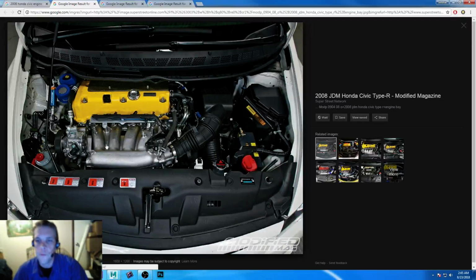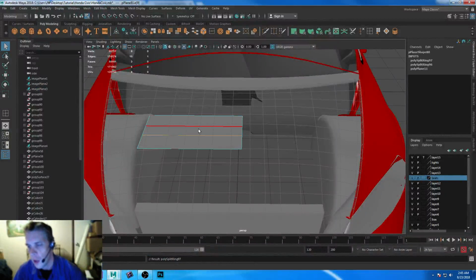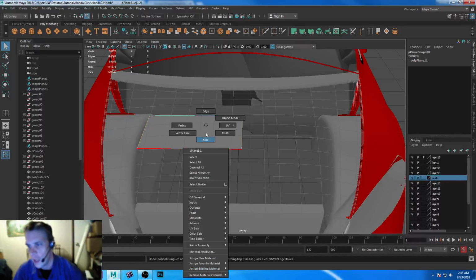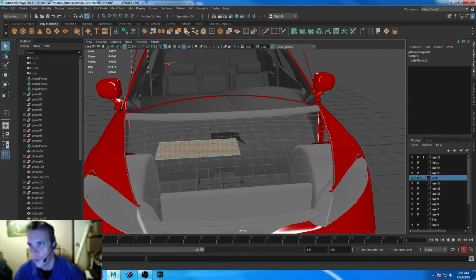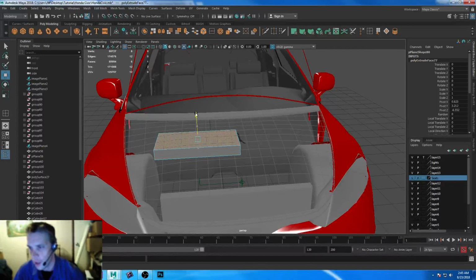So, actually, we don't need to create that piece like I thought we did. I thought I was actually going to have 2 pieces that came up, and then the center piece would be down towards the middle. But on this one, that's not how it's set up at all. So what we'll do is we'll go back in here into Maya, and let's just undo these extra pieces that we have. Let's go ahead and click on face, though, and we'll just extrude it up like so, just a